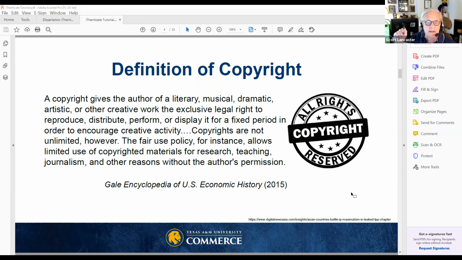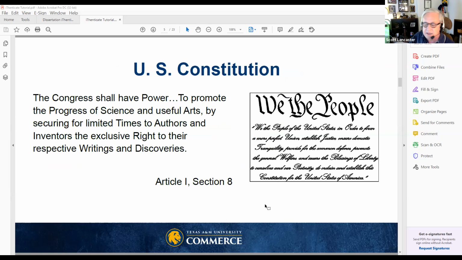The fair use policy, for instance, allows limited use of copyrighted material for research, teaching, journalism, and other reasons without the author's permission. That is why you can use portions of copyrighted material in your academic writing, and you are allowed to do that by the fair use policy. However, you have to cite it properly, so that you're not plagiarizing it.